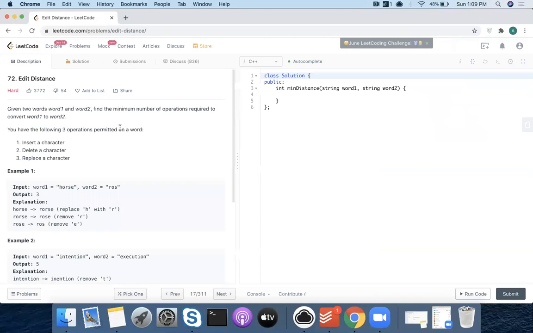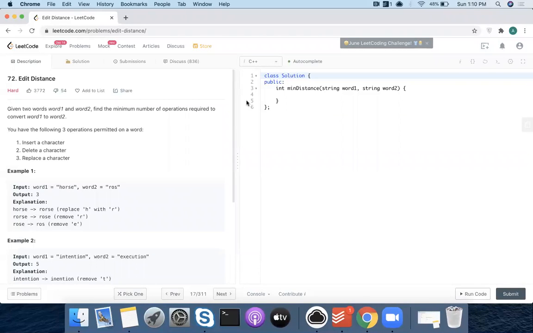Okay, so this is a very classical problem. How many of you have seen this? Edit distance, is everybody familiar with this? Yeah. Okay, what is the problem? The problem means how much should I change word 1 compared to word 2? The minimum number of characters I need to add or remove to make it word 2. Okay, fine.